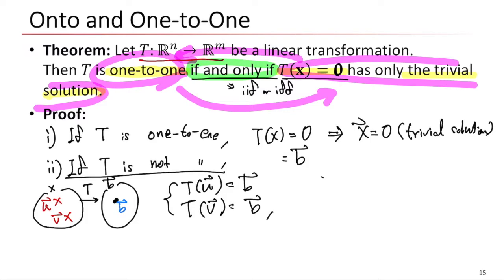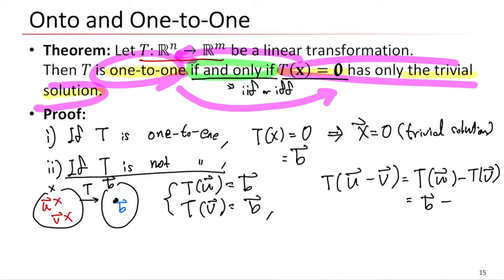And in this case, we can say that transformation of u minus v is going to be Tu minus Tv, right? Because the transformation is linear. So in this case, vector b minus vector b will be 0. But in this case, this is not 0 because u is not equal to v. So, in this case,